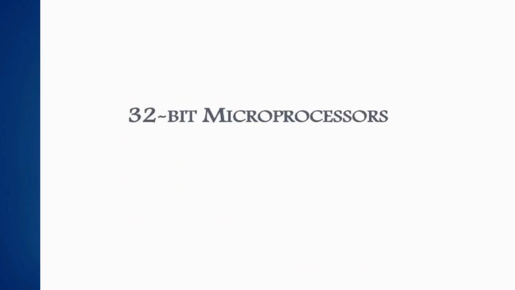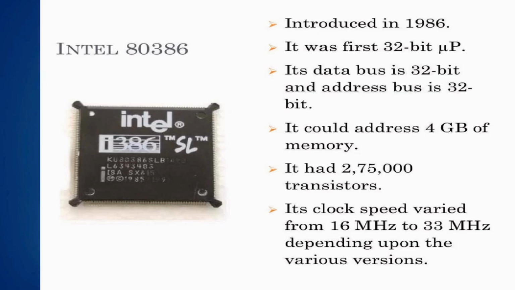Now we will see some examples for 32-bit. In 1986 we had another Intel, the 80386. It was the first 32-bit microprocessor. It could address 4 GB of internal memory. It has 275,000 transistors inside it. The clock speed changed from 16 megahertz to 33 megahertz depending upon the version available in the